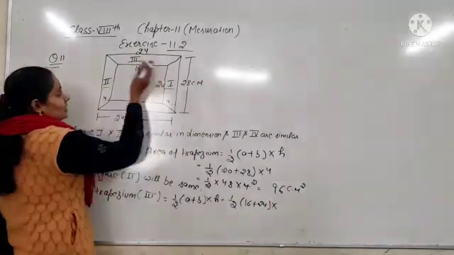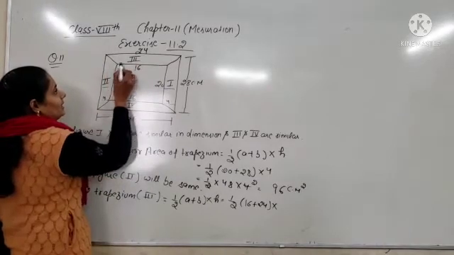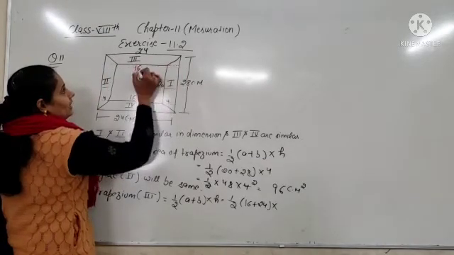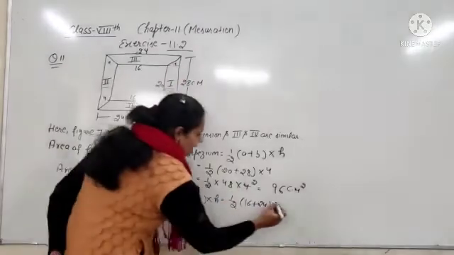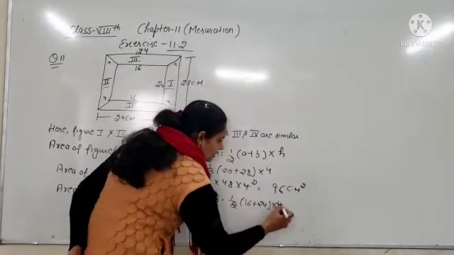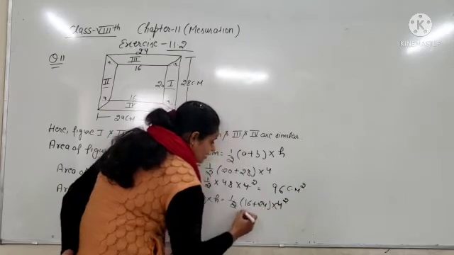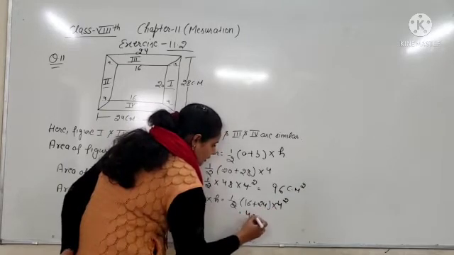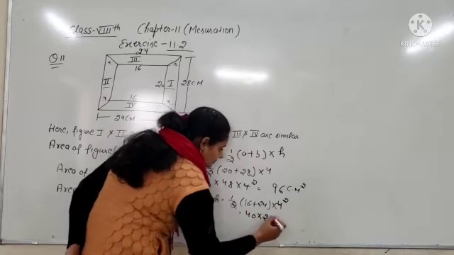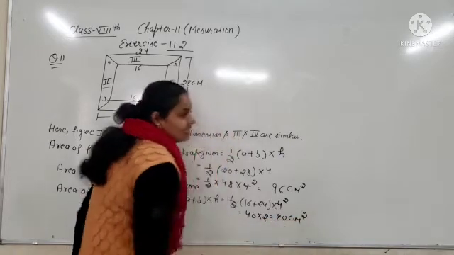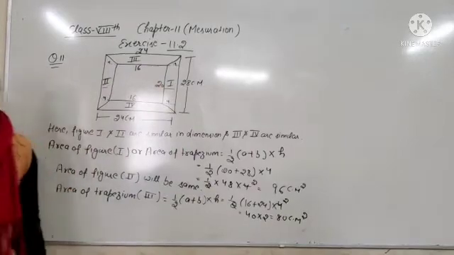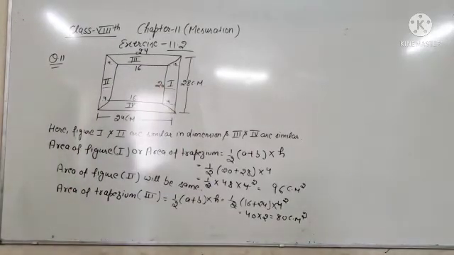So what will be the height? The height will be the same, from here to here and this one. So 24 minus 16 is 8, so 4 will be this and 4 will be this. So multiply 4. So 2 2s are 4, and 16 plus 24 is 40, into 2, so it will be 80 centimeter square. This is an area, so it will be in square, 80 centimeter square. Okay, so area of figure 3, or area of trapezium 3, will be 80 centimeter square.